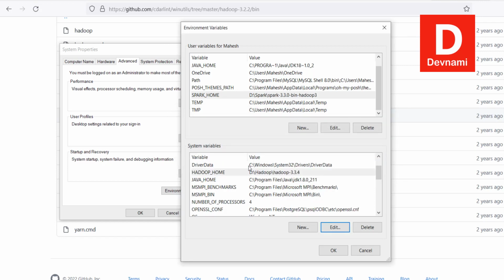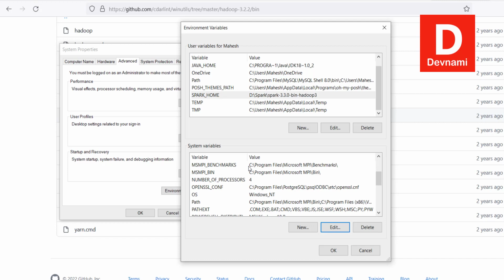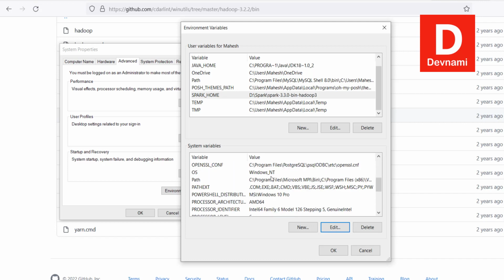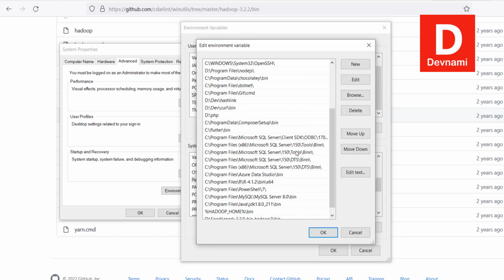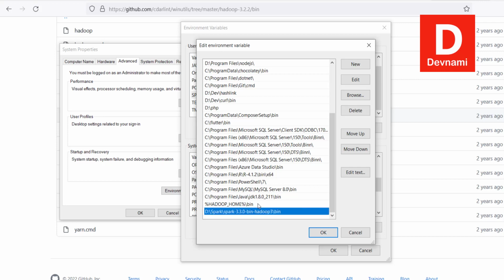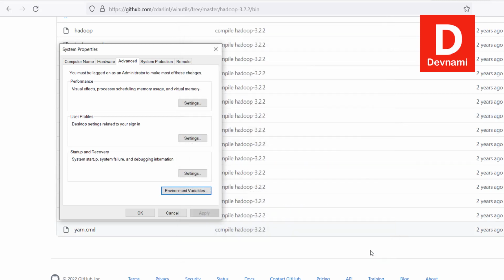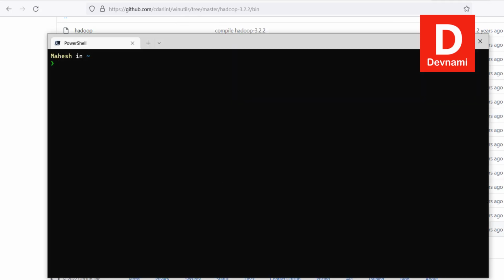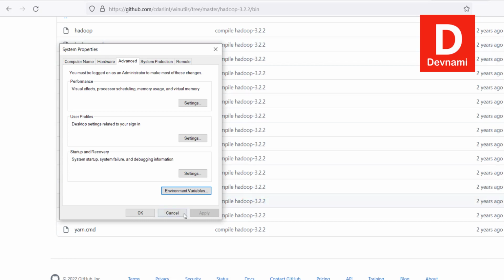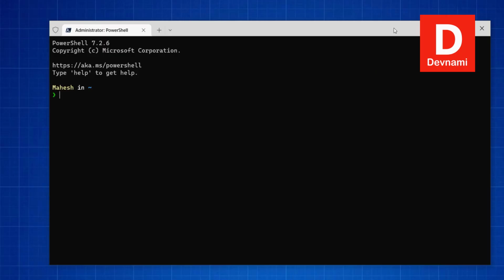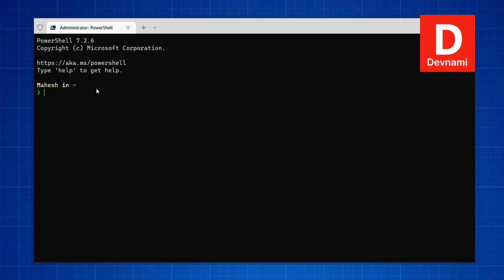Now we have Hadoop set up, Java set up. Then we also have our path set up for all these, the Hadoop bin and Spark's bin folder. These two are also set. Once all of this is set, the next step would be to open PowerShell in admin mode. Okay, now that PowerShell is open as admin, we can go and type in directory D, and here I